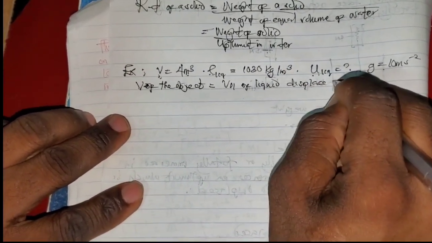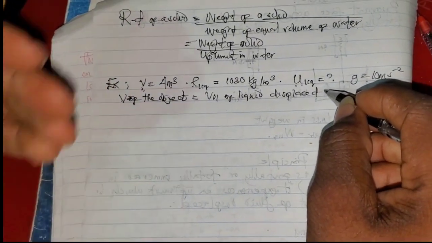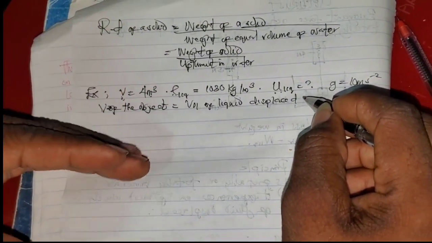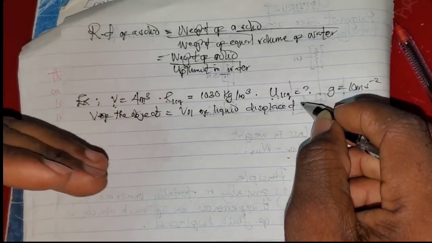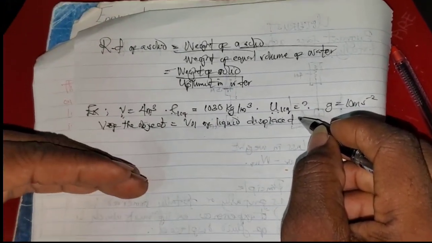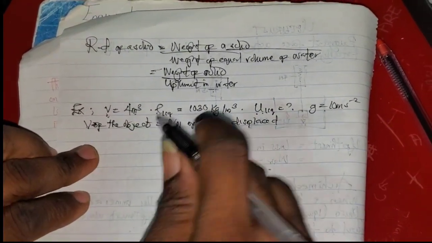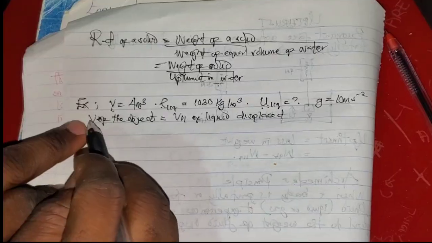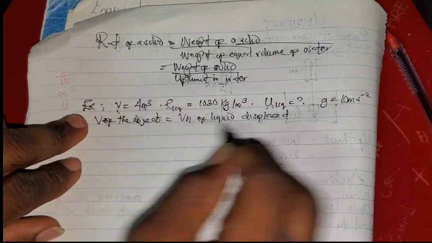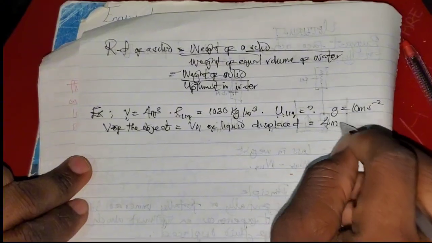This is according to Archimedes' principle, that says that when a body is totally or partially immersed in a fluid, it experiences an upthrust which is equal to the weight of the liquid displaced. That means the volume of the object that we are given is also equal to the volume of the liquid displaced, and that is also